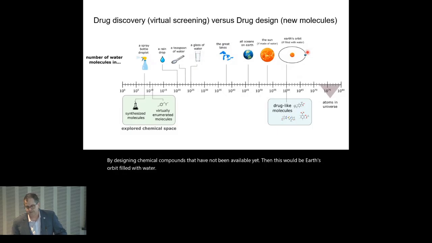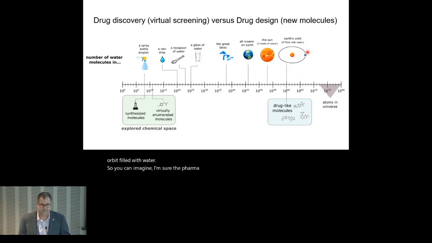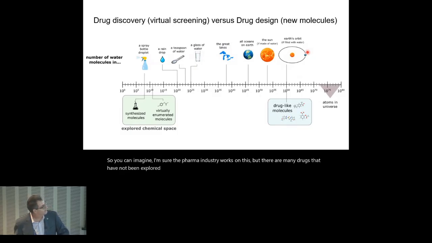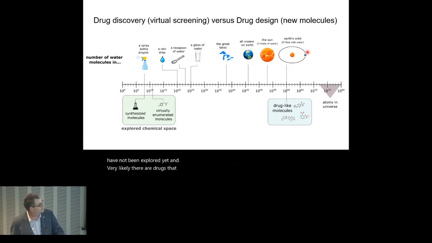So you can imagine, I'm sure the pharma industry works on this, but there are many, many drugs that have not been explored yet. And very likely there are drugs that will change how we treat disease. So this is 10 to the power of 60 of drug-like molecules that can potentially be derived and tested